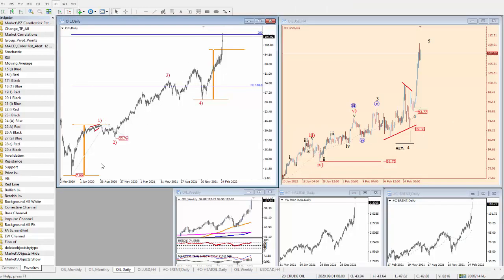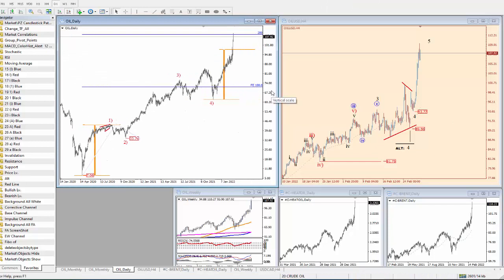Now let's take a look at crude oil. Crude oil is much higher based on the latest events in Ukraine. It looks like this thing will just not stop so easily. However, there is still a risk that this market will stay volatile. I think that OPEC will try to act here, so we will see if there can be limited upside. 110 is definitely a very important potential resistance area.